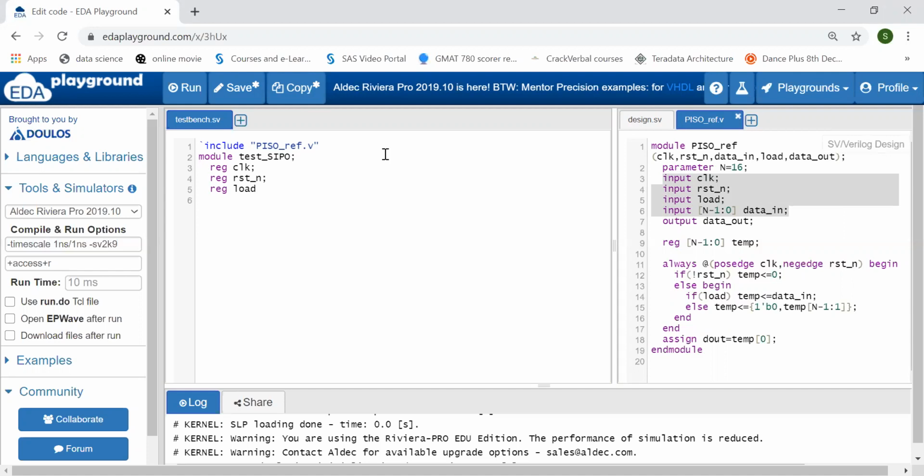Why are we defining this as reg? We can declare this as wire also. It's up to our choice, reg or wire. But if I declare it as a reg, then it's easy for me to use these things inside an initial block or always block. If I declare them as a wire, then it will be difficult for me to generate the random data. So for easier use, we are declaring it as a reg only.